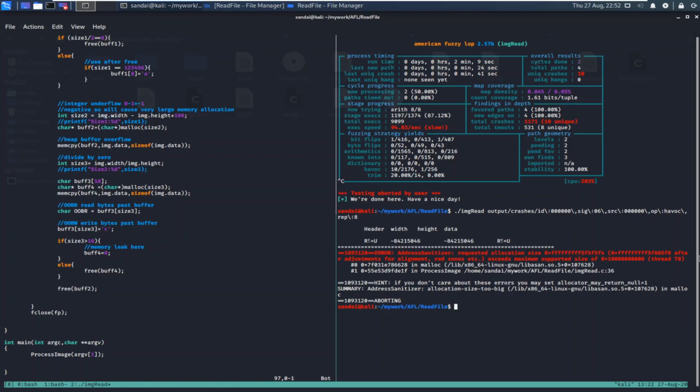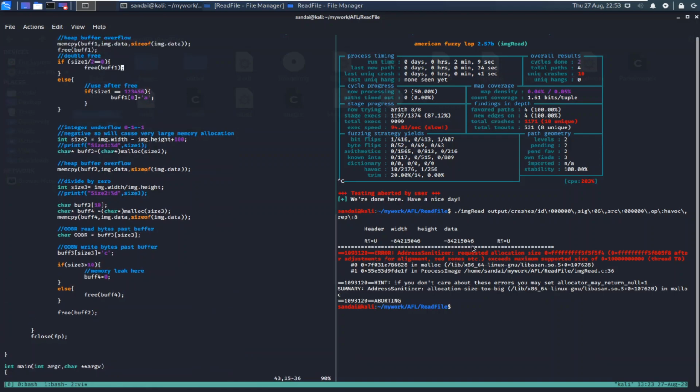You can see the AddressSanitizer message says request allocation size, a very large allocation, and the allocation failed because the size is too big. This is at image read, line 36. Let's see what happens at line 36.